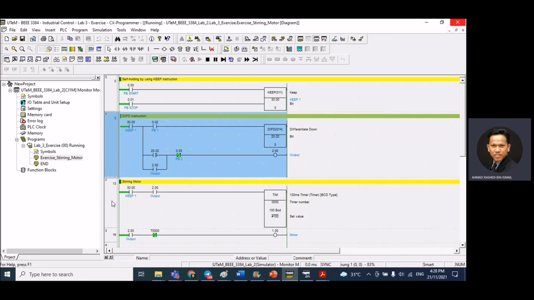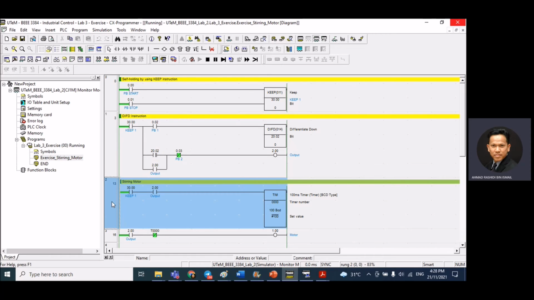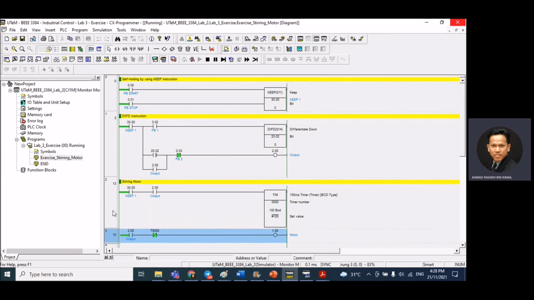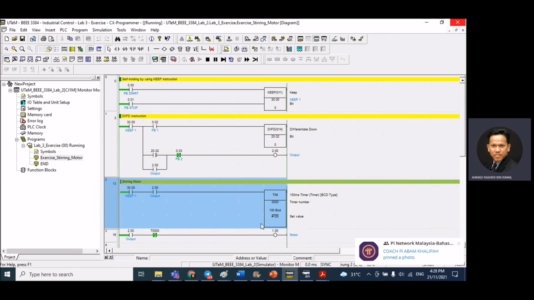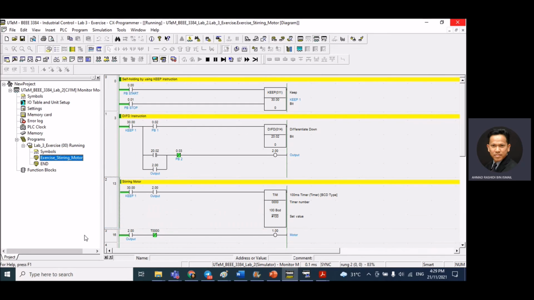The next section is the steering motor section, which consists of a timer, and I designed this circuit as an on-delay timer, where the motor will run first. Once the timer is activated, the motor will stop. Okay, let's see the simulation.